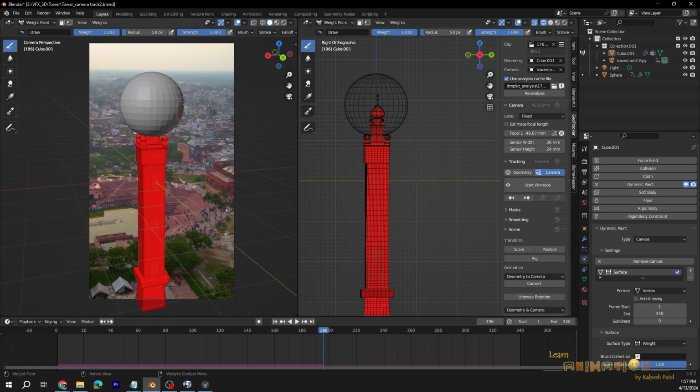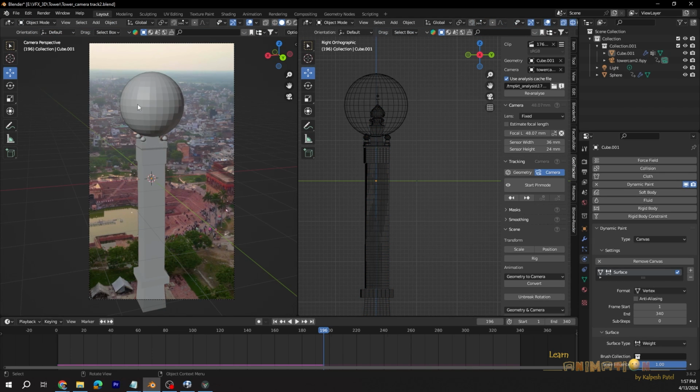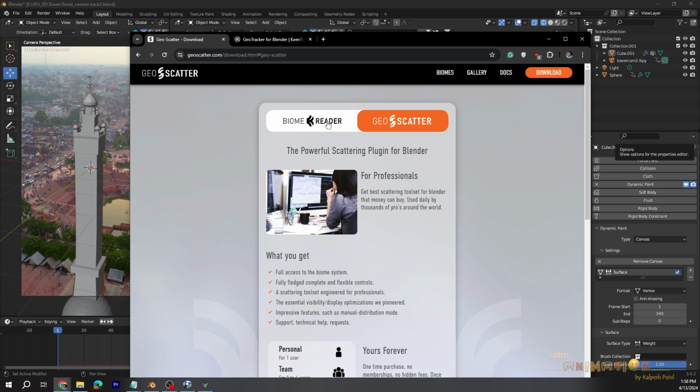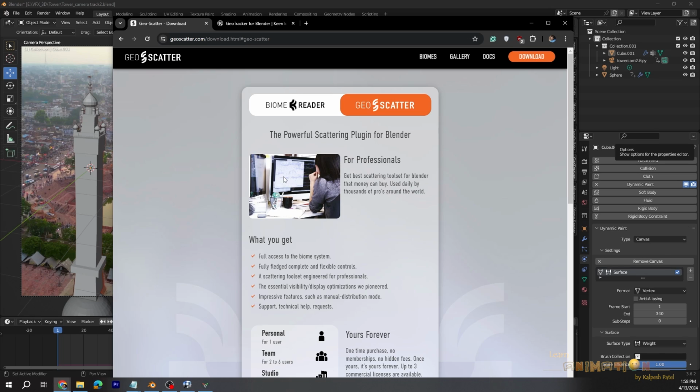Now it's time to create the plants and the flowers. Go to the object mode back again. To add the plants and the flowers into the scene, you need to install the add-ons called Biome Reader and the GeoScatter. I'll put the link into the description so you can just download and install into Blender.